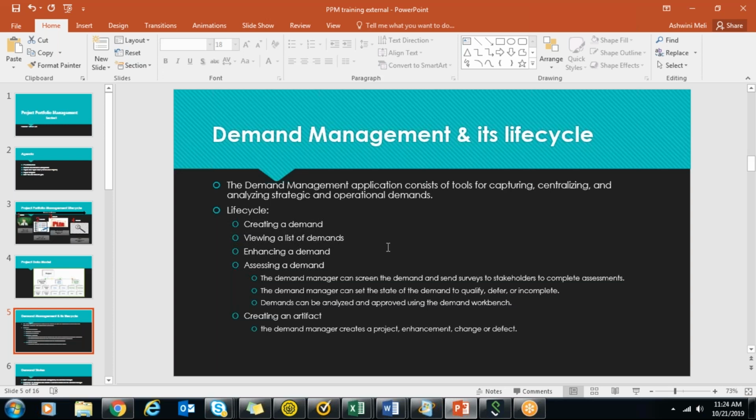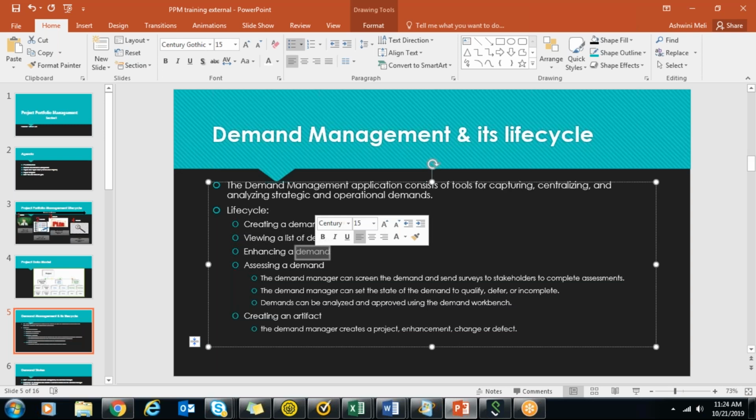Whoever is the demand manager of that particular demand should strive hard to enhance a demand, to put in the best information possible in that demand. And assessing a demand, the demand manager can screen the demand, send surveys to stakeholders to complete the assessment. The demand manager can set the state of the demand to qualify, defer, or incomplete. Demands can be analyzed and approved using the demand workbench. I'll show the demand workbench as well.